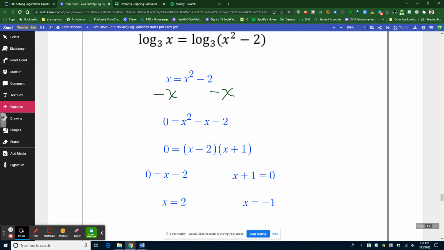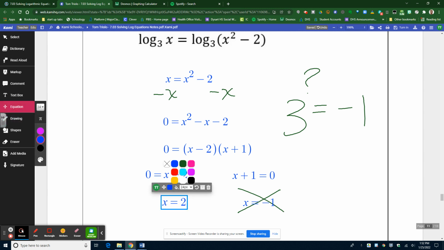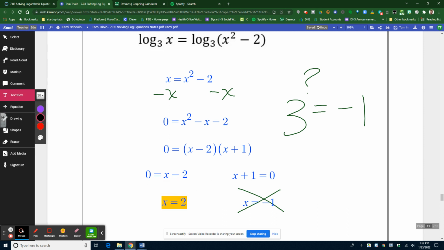Because really, a logarithm is asking: 3 to what power equals -1? You can't. 3 is positive. -1 is not. So, x equals -1 doesn't work, go here. This one works. And if you want to be extra,